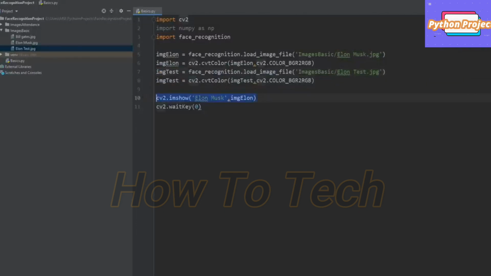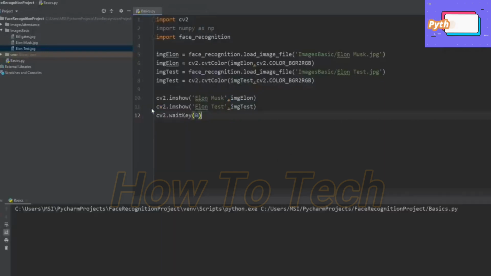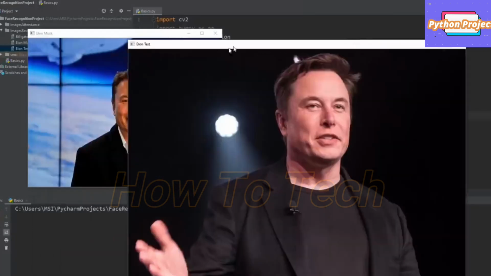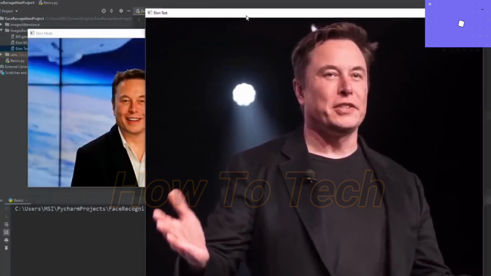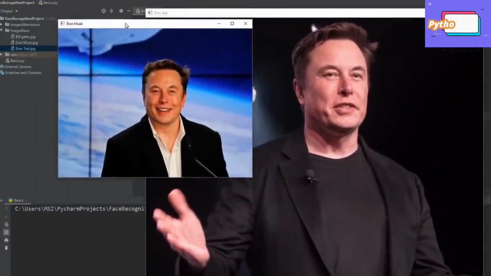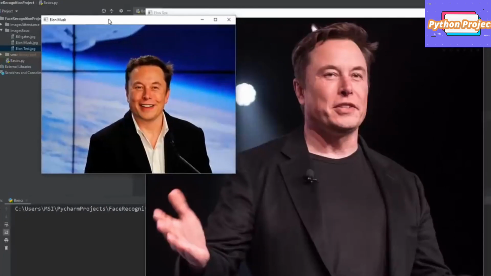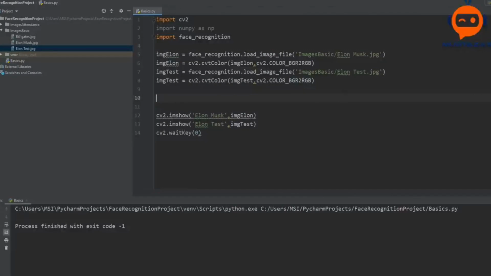Then we can copy this again, paste it here, and write test here, and this one is test as well. If we run this, there we have our 2 images. This is the test image, and this is the normal image that we will use for encoding. So this was step 1. Now step 2 is finding the